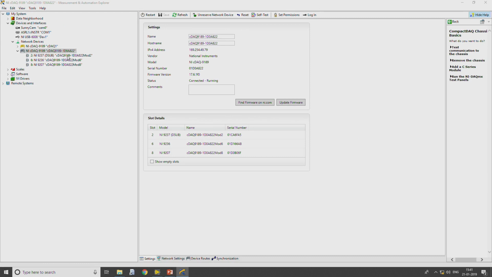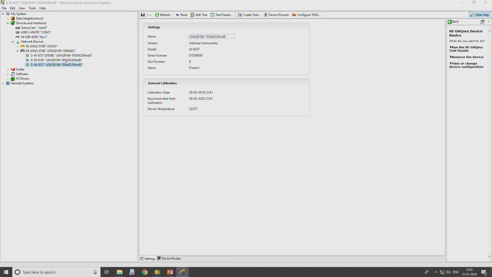We will be accessing NI 9207 in order to acquire the data from the sensor.